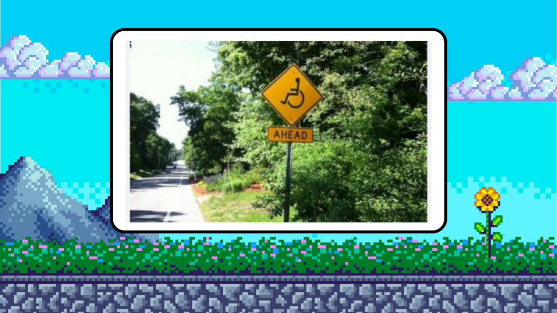Who is the target audience? The target audience is all road users, but particularly drivers and pedestrians who may need to use the accessible facility. The message is designed to be understood by a wide range of people, including those with visual impairments through the symbol and those with limited literacy through the simple, clear wording. What other ways of presenting the message are there? The message could be conveyed in other ways, depending on the context and the specific accessibility feature. Digital signage, audio signals, tactile paving, and maps and apps.